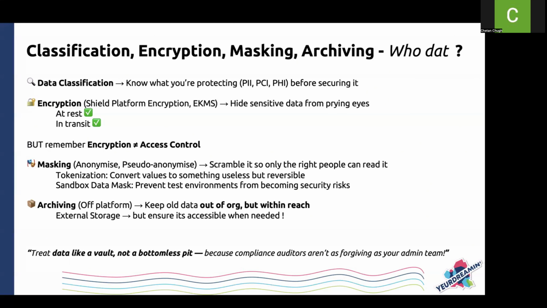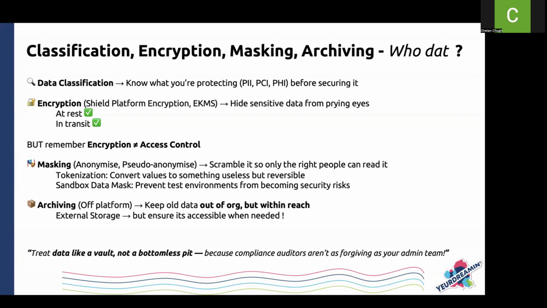Last but not the least, a very, very important aspect, and this is what I just briefly mentioned: keep data only as long as it's needed. Archiving. I've had so many different conversations with customer C-level people where we've talked extensively about archiving. People think that we talk about archiving in Salesforce only because the data storage space comes at a premium. But obviously, that's not the right way to think about it.